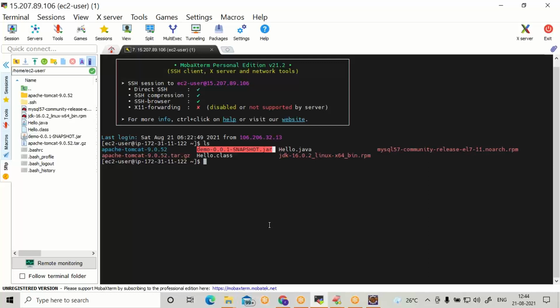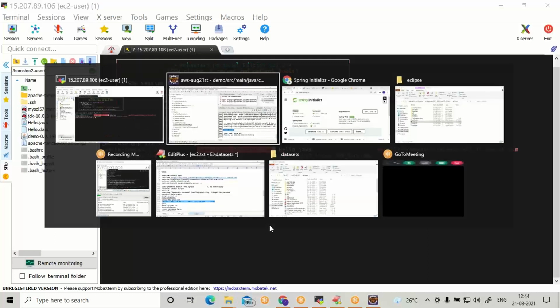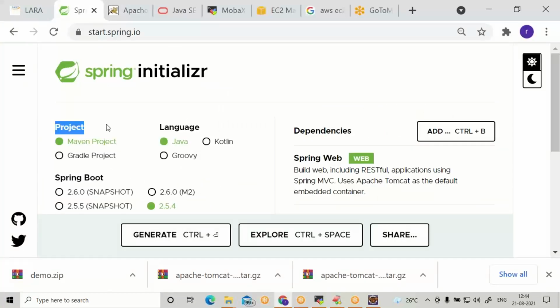you need to stop the Tomcat server. We already started Tomcat server. It is running in the EC2 instance, using 8080. Our jar file also internally uses 8080. That is why stop the server. The best way of stopping the server is to reboot your instance in AWS. That is the best way.